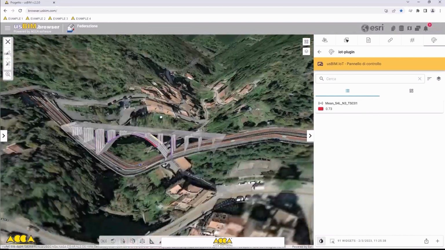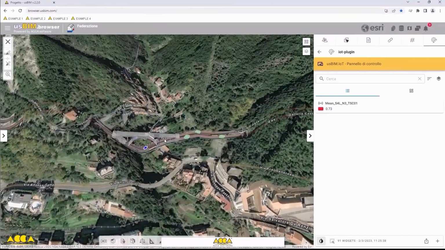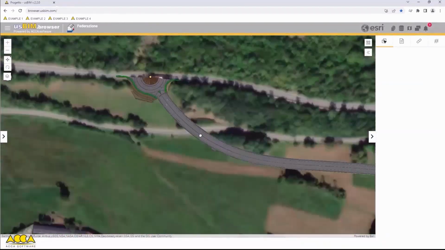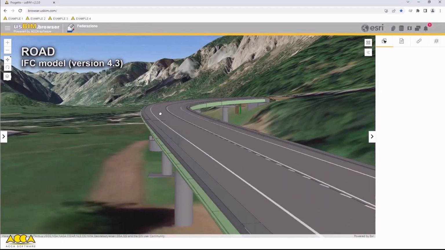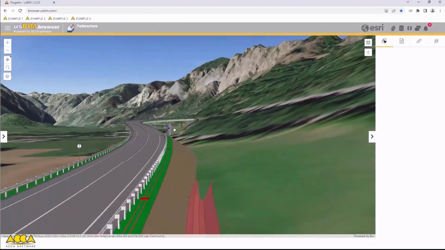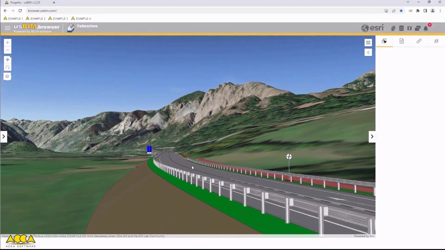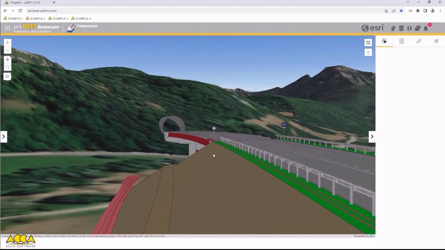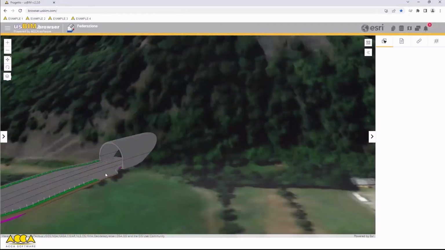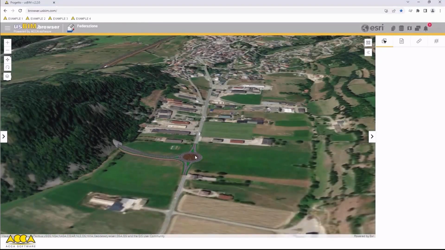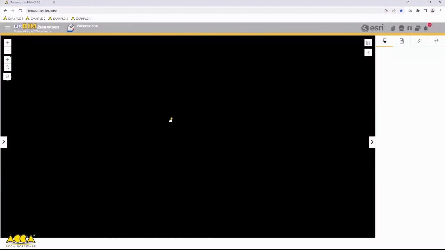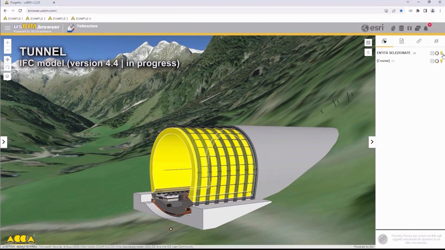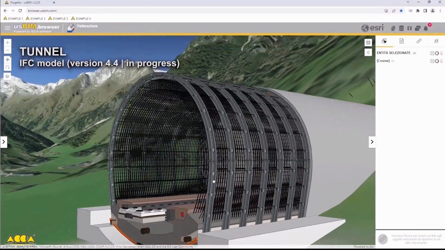The platform also supports the management of models compliant with the latest IFC 4.3 standard, which was specifically designed for linear infrastructures. In this example, we see infrastructure elements like roads and tunnels integrated within their territorial context. This feature makes it simple to visualize how these linear infrastructures are situated and interact with their surrounding environment, ensuring accurate representation and management. ACCA Software has always been actively involved in the Building Smart initiatives, supporting the development of new standards, and has even provided an example of a tunnel model that may become part of a future version